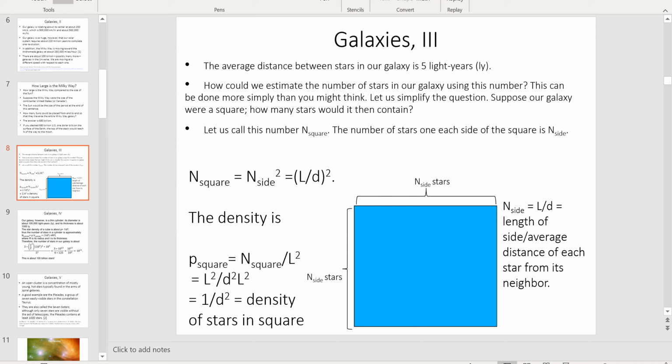This method that I'm going to explain to you is something that I made up, and it's not a very robust way of estimating the number of galaxies, but it does give you the right order of magnitude. It does give you 100 billion. The actual way we do this is more sophisticated, but this gives you a flavor for how one would do it.